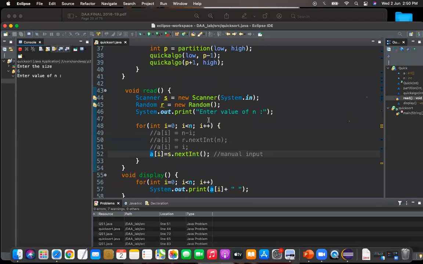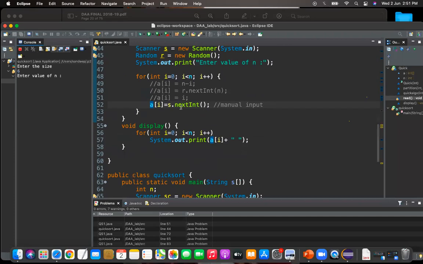So we'll print the message. Print ln, print, all these differences also sir has already explained. However you want, you can take these things. So the for loop will run n number of times. Each time it is reading one integer value and storing it in our array A. See, all nomenclature, everything we have kept as it is. Array A is our main array where these elements are stored.